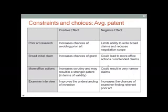Yeah. So you'll have to... There are constraints in the process. Every choice that you make, there could be a positive effect, negative effect. These are the four main elements that I picked up in